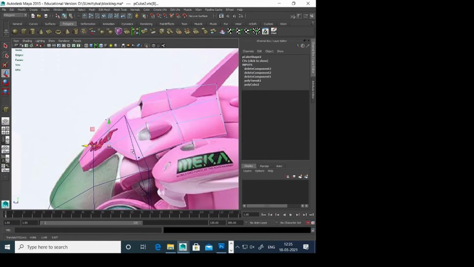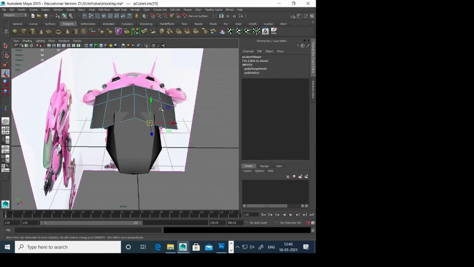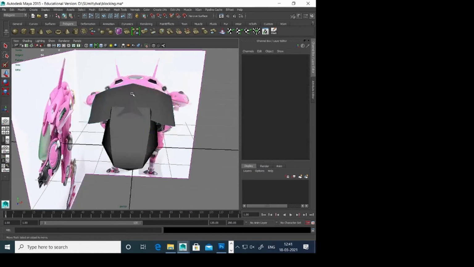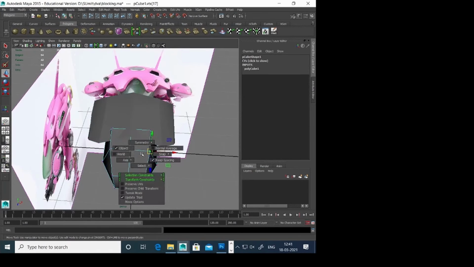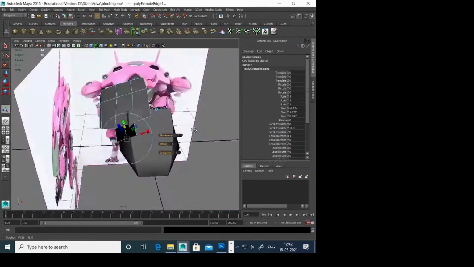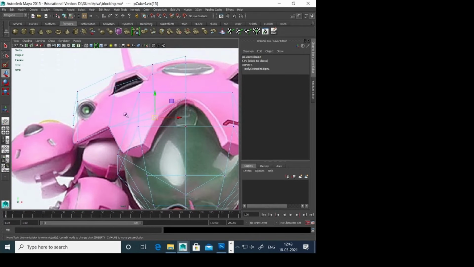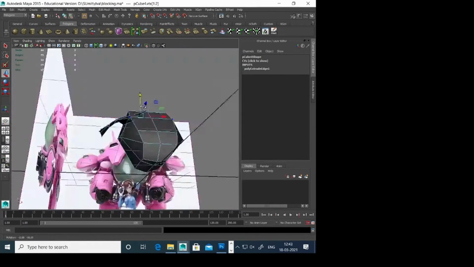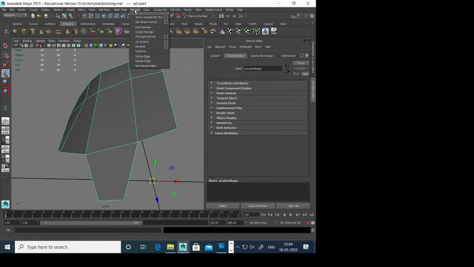Try to match the entire silhouette as close as possible, and avoid any kind of intersection.